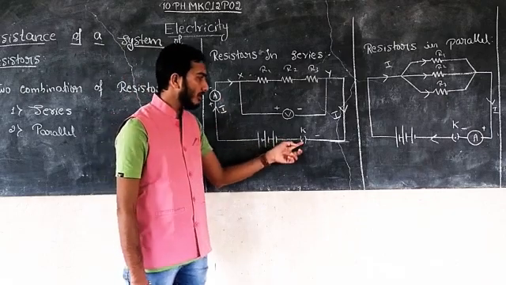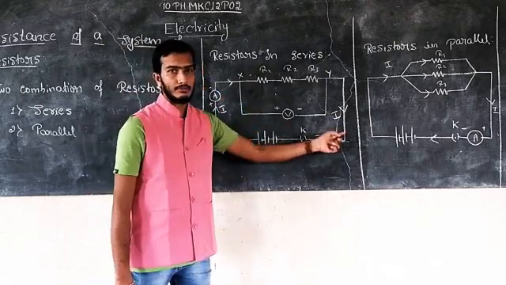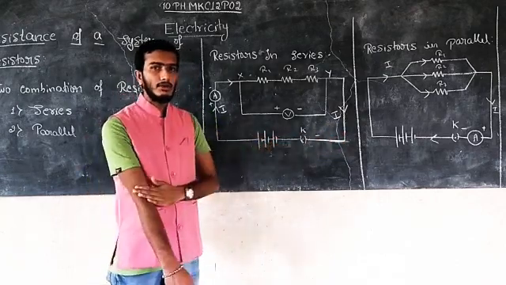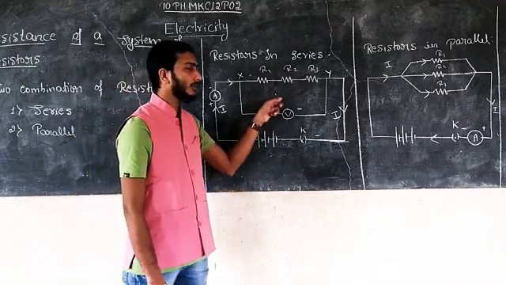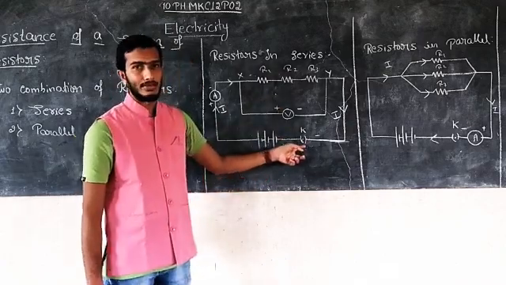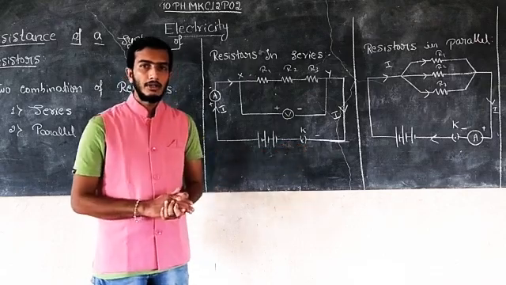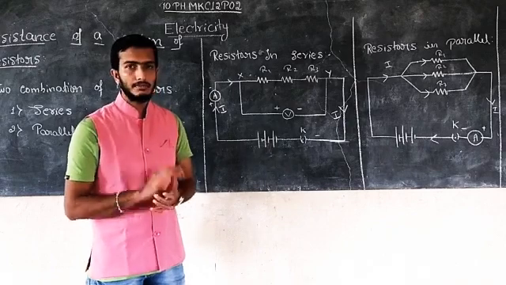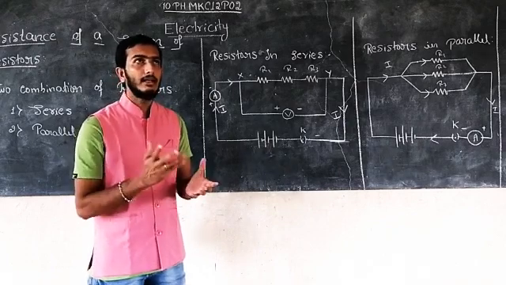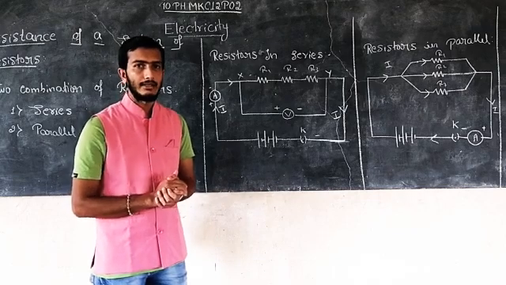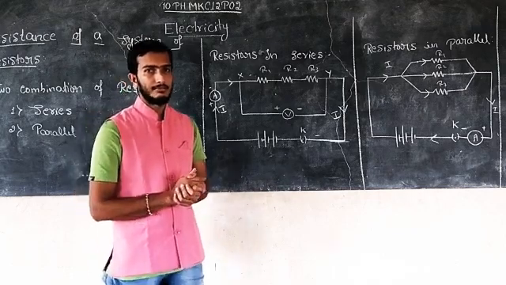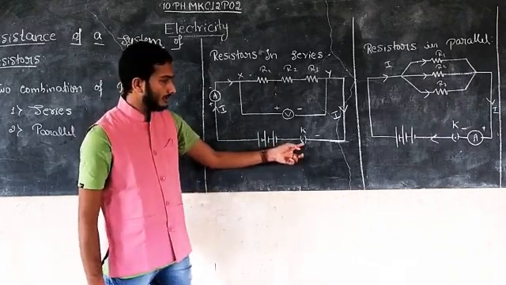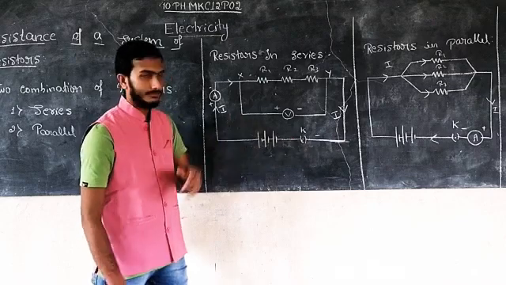If the switch is on, the current flows in this direction. In an electric circuit we use a switch because for current to flow through the circuit, we have to switch it on. In our home or anywhere, if you need light, you switch on the light, you get power and energy, and the room will be bright. So here also we use switches.